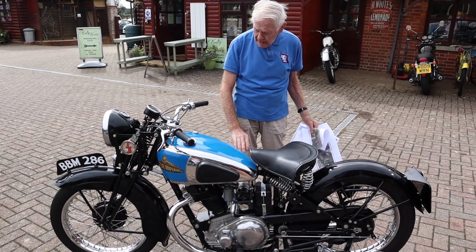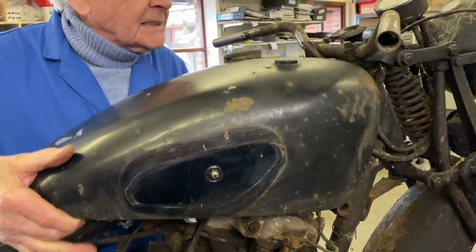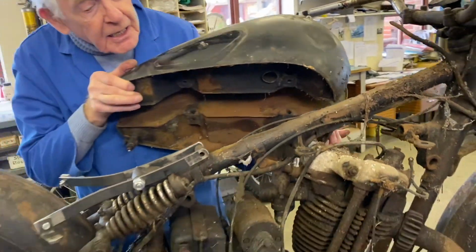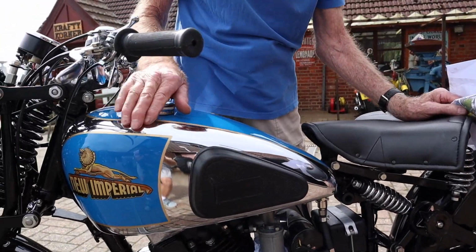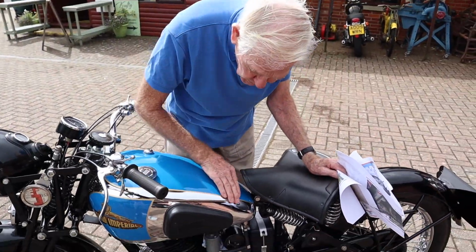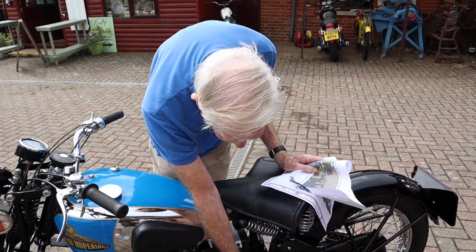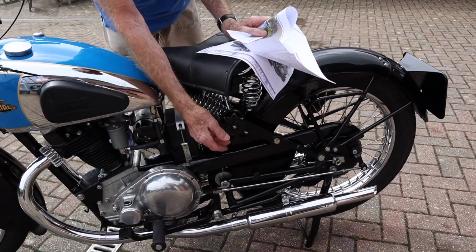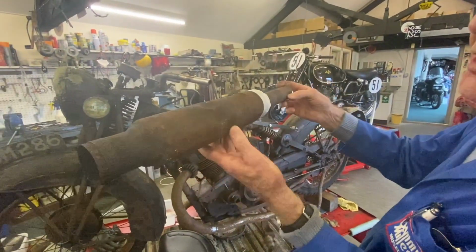So we had a big job on the tank. Remember, the tank was badly damaged, so we managed to get that beaten out, chromed and repainted. JBS Dave did the tank, a superb job, with new knee grips, and of course the very special cantilever back end, which is good. We had new exhaust pipes made, new silencers,